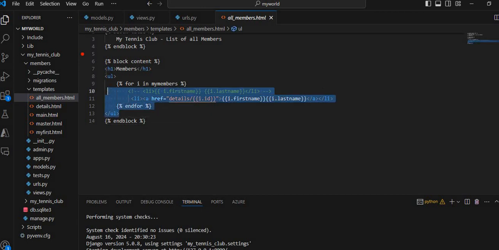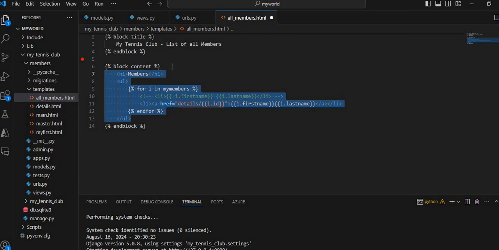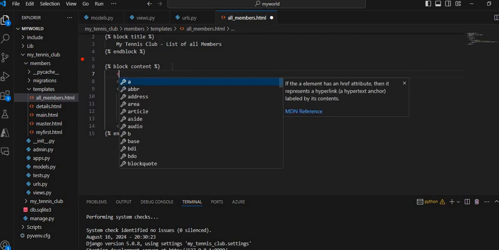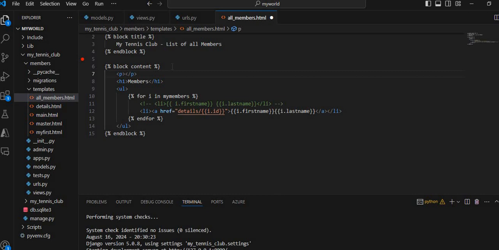Let me write the link code. On the top, inside the content block, I am using the p element of HTML, the p tag, and inside this I am going to use